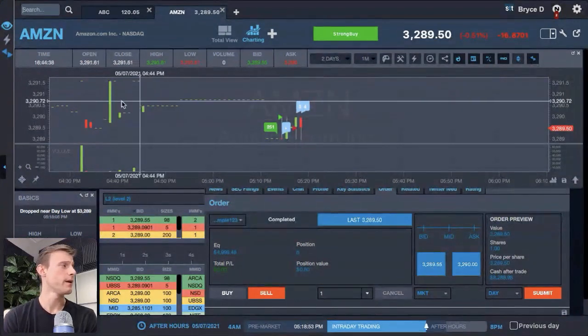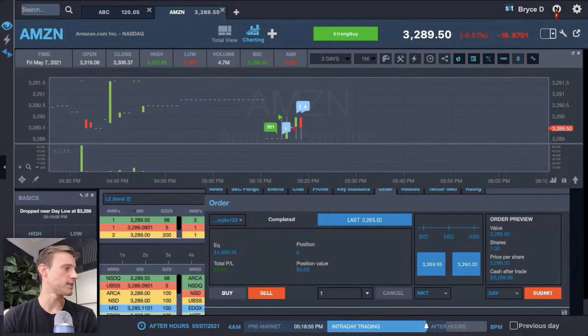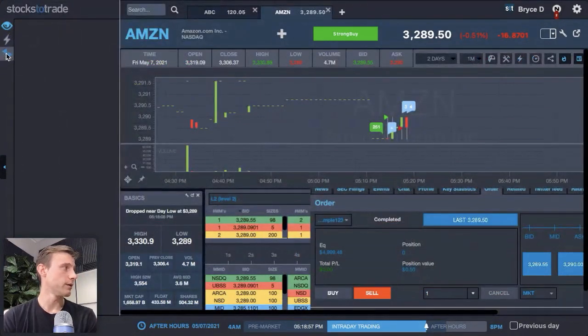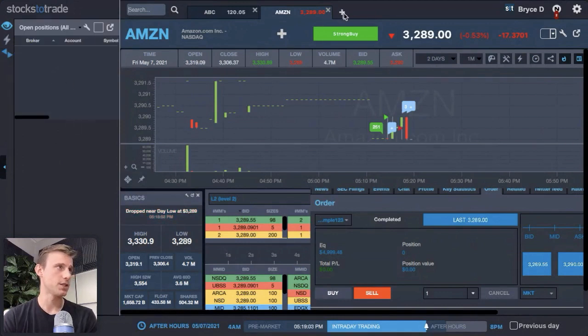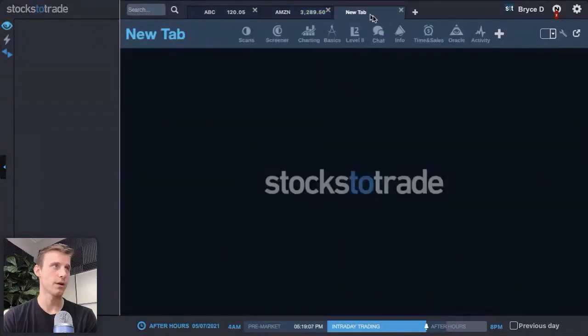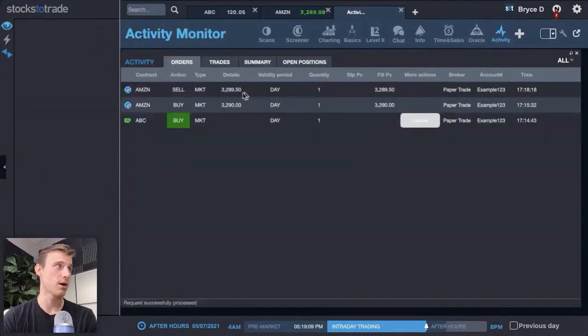Another area that you might want to see this stuff, like I said, I went over this order tab. You can go to this open positions. I no longer have any open positions, so it's actually not going to be there. So we'll show you that again once I open up another position. But we'll go to the activity monitor. You can actually see what I did here in the orders. So I bought it. Well, I still have that